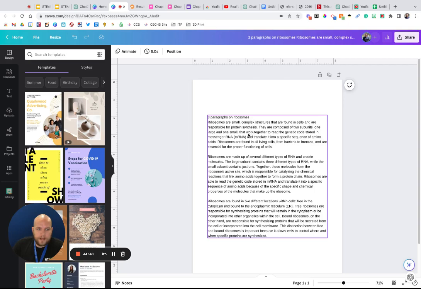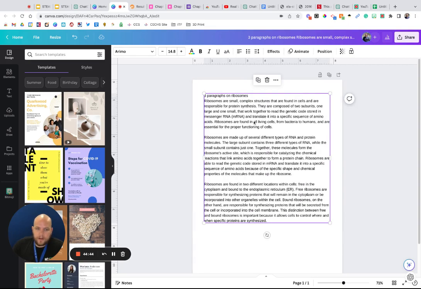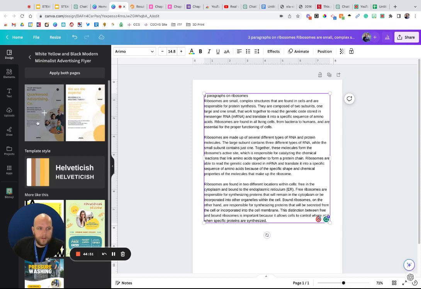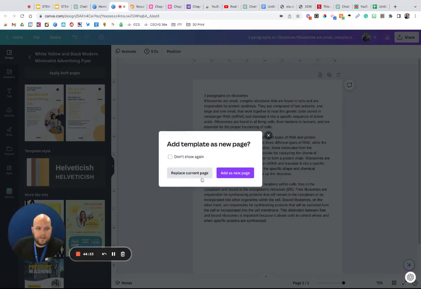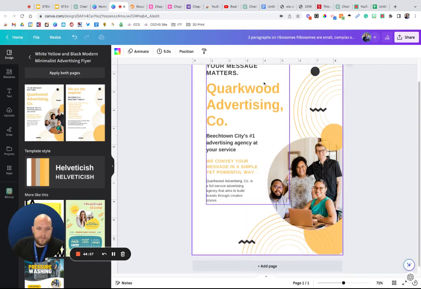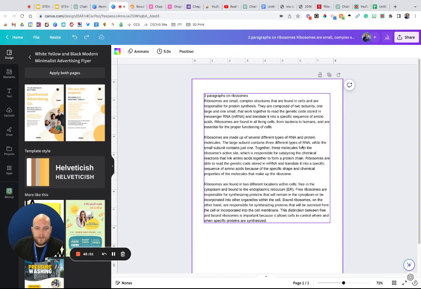So it gives us the prompt at the very top, and then we have 3 paragraphs about ribosomes. Again, we can go through, vet this, change this up if we need to, but we also have access to all of the Canva tools. So we can go through and make it look however we want to. Obviously, I need to make sure I rewrite this stuff beforehand. But that's one way you can use that inside of Canva. You can do the exact same thing inside of ChatGPT. So you can rewrite it that way.